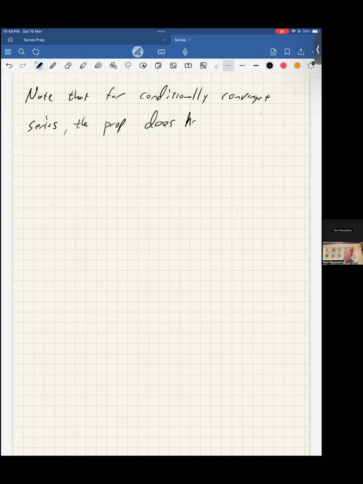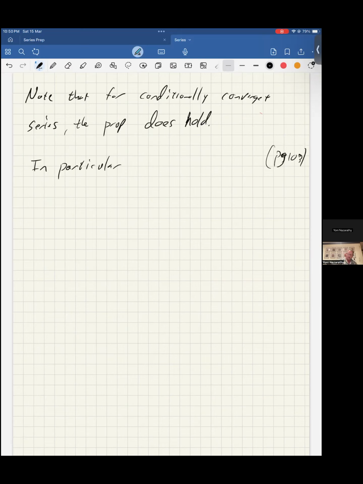So you can't strengthen the proposition for that. And in particular, what you can actually do, and that's quite fascinating, feel free to read about it on page 103 of the book if you'd like,